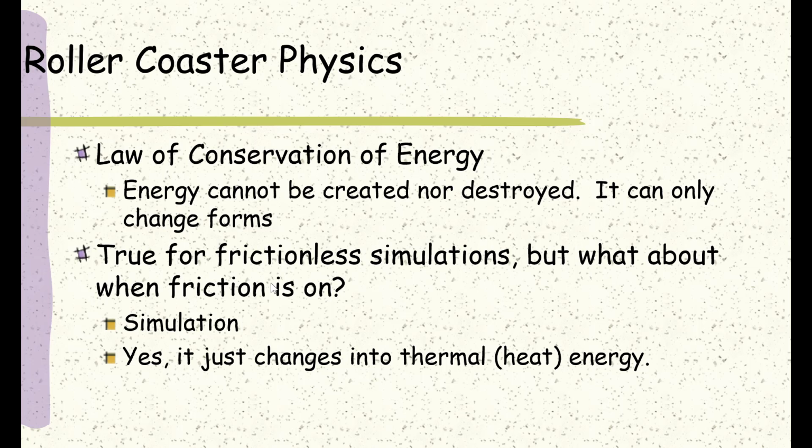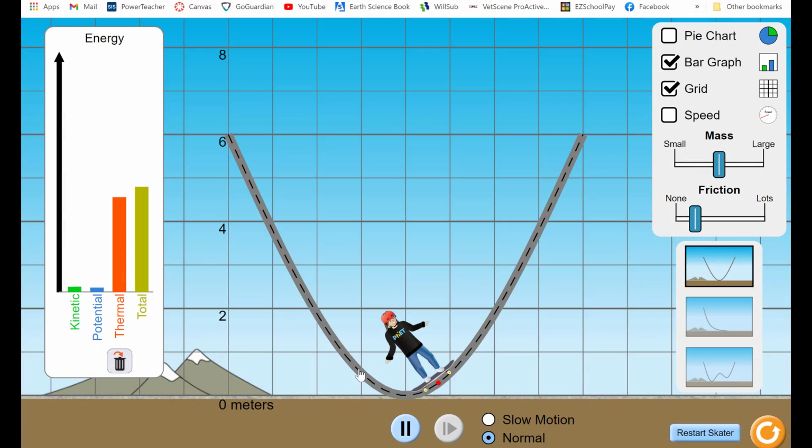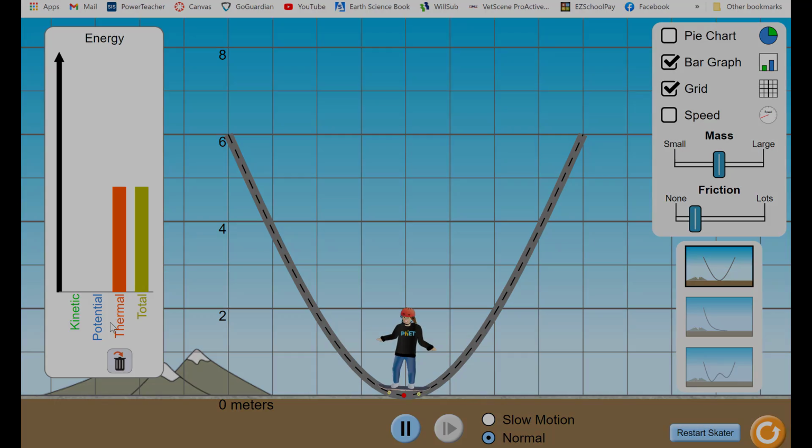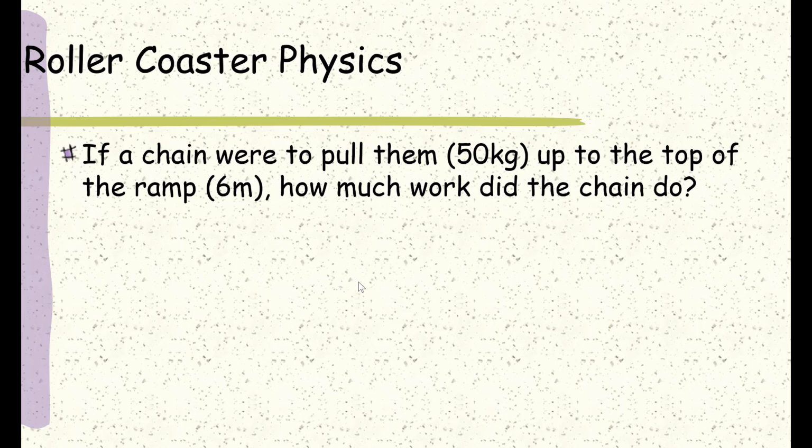All right. The overall energy, though, if you look back at our system here, is still the same. It's just that that energy is being translated all into thermal energy. Right? And thermal energy is very difficult to recapture and turn into kinetic or potential energy. A lot of times it's called waste energy, because once things go into thermal energy, it's very, very difficult to get back.